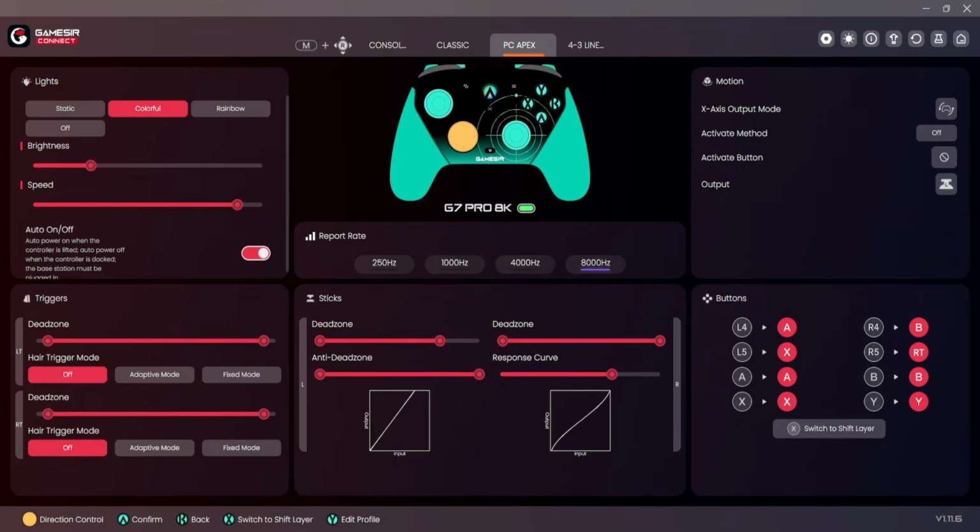Alright guys, so today we'll be talking about shift layers in the GameSir Connect app with the G7 Pro 8K AIM Labs edition. I'm just going to be explaining how you can use shift layers, the different scenarios that you can use it in, and all the good stuff with that. So essentially with shift layers,